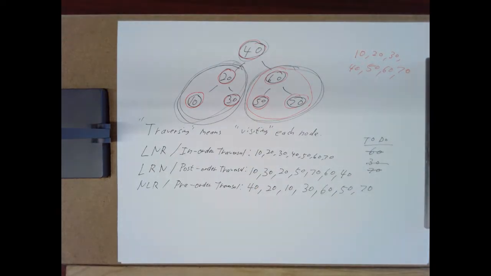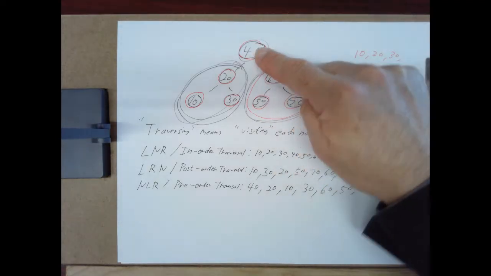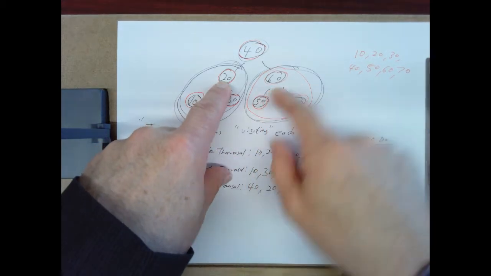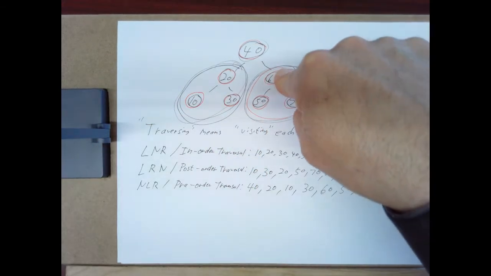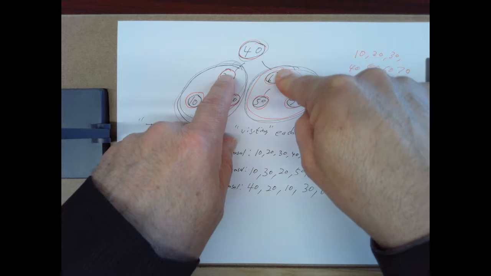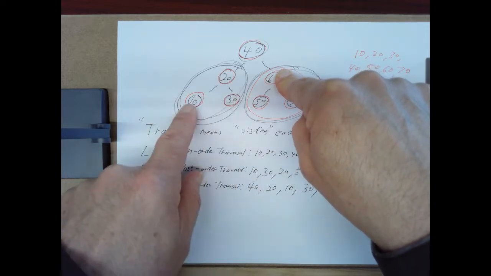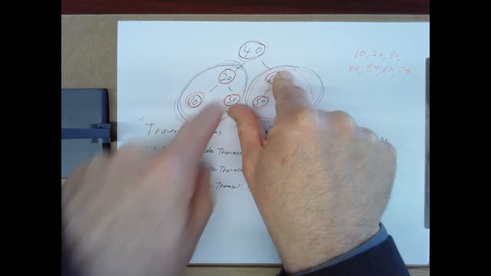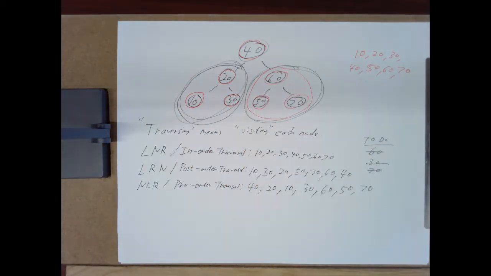Here's what's weird about all of these things. We need lots of fingers. We need to say, okay, we're starting with the 40. We're going to visit down to the left now, but when we're done, we've got to come back to the right. So we need to somehow remember that we've got to get to the 60. So we visit the 20, and then we're going to have to go to the left, but eventually we're going to have to come back and go to the right. So we need another finger here. And as we go down the tree, we need to remember all these places we need to go back to